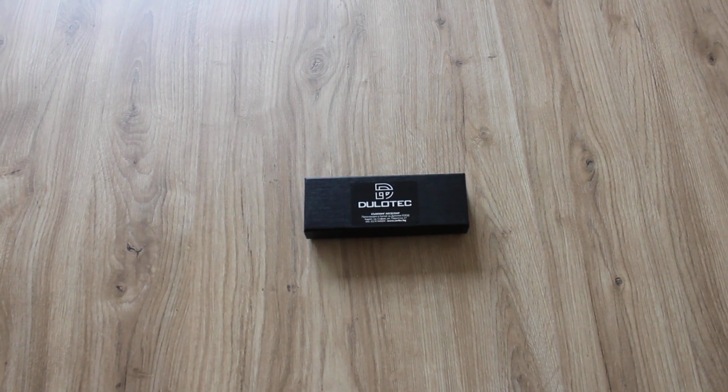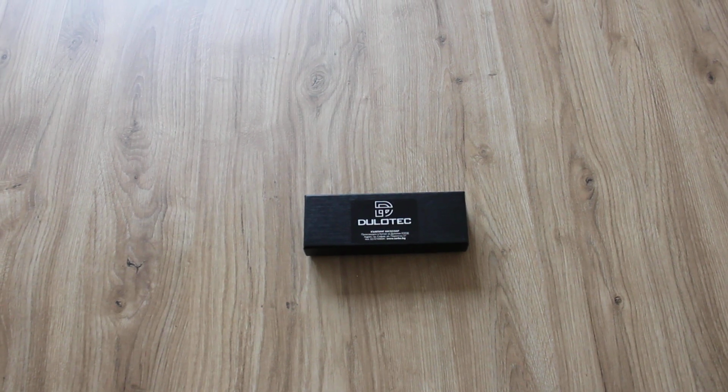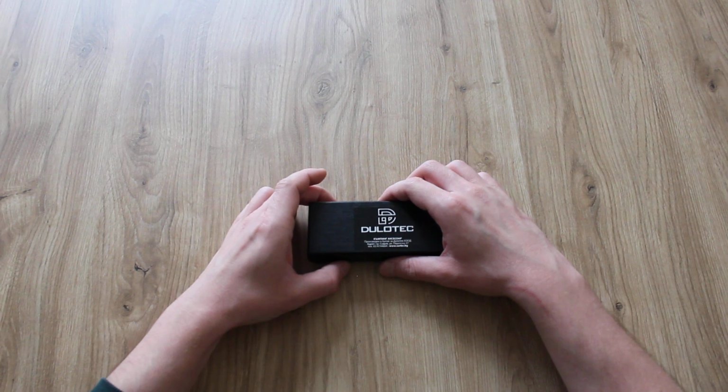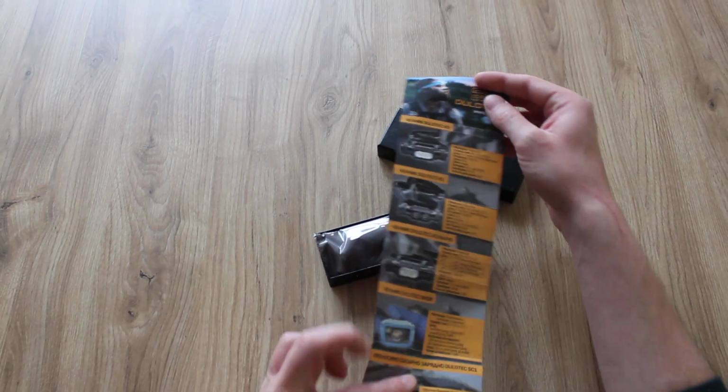Hello everyone, today I have a review of another knife from Dulotec company. It's another button lock knife, model K259 LEAF. The box contains a manufacturer's leaflet,